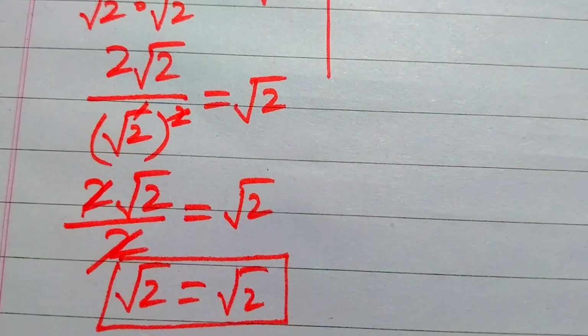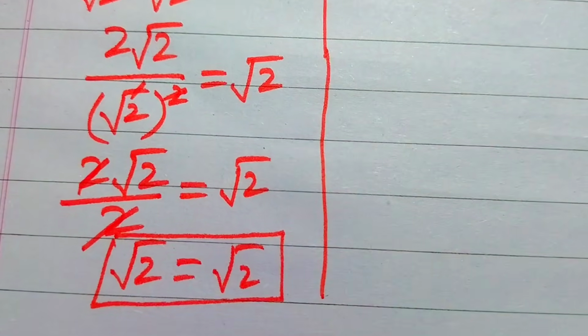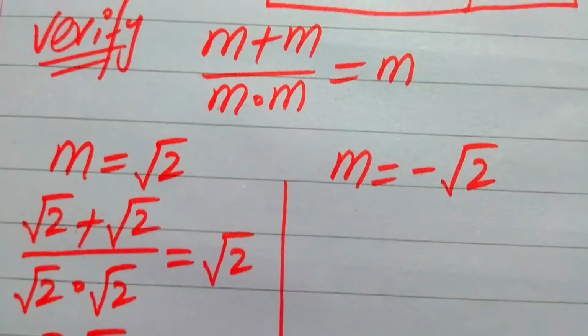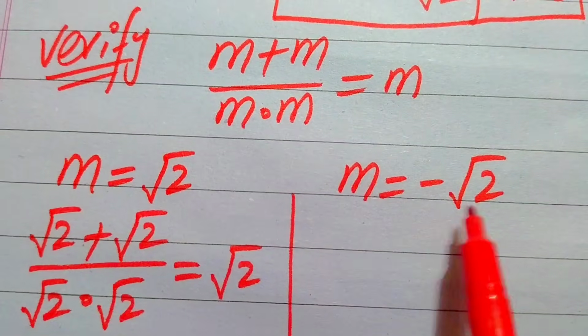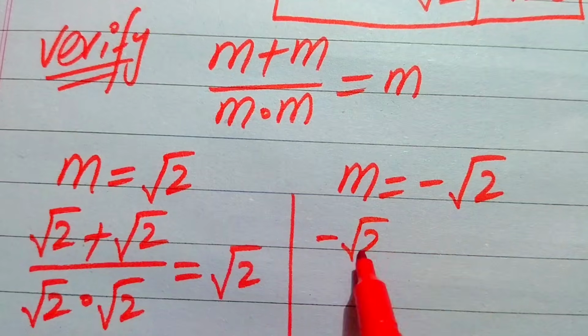This shows that both of the sides are equal. It means that the first root satisfies our given question statement. And now in the same pattern we verify the second root of the given equation, and we put m equals minus square root of 2 on both of the sides, and we check its behavior, and we get